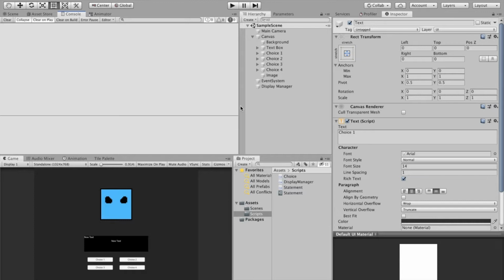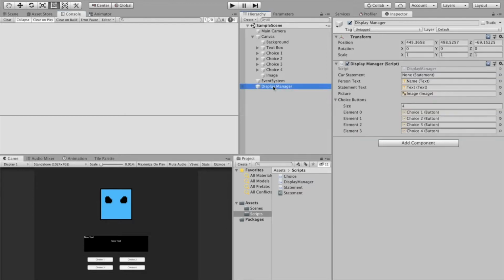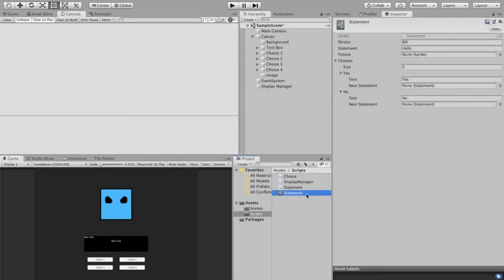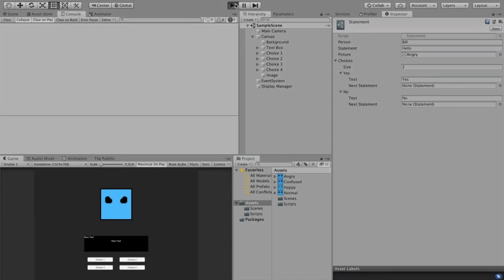We'll let it compile. Then what we want to do is go to our display manager and drag in the statement that we made last video. If we click on it, we can see all of our properties. Let's drag in the angry face for the picture, just so all of our fields are filled. These are going to remain empty for now, but we'll edit that later. If we save it and play,